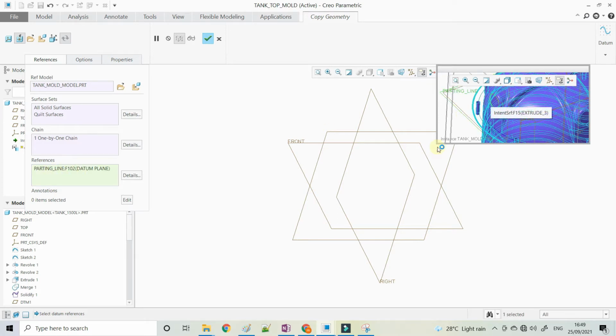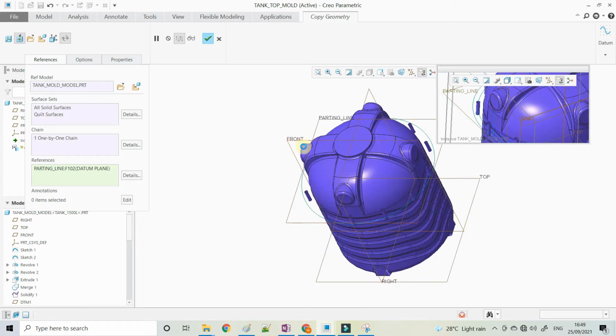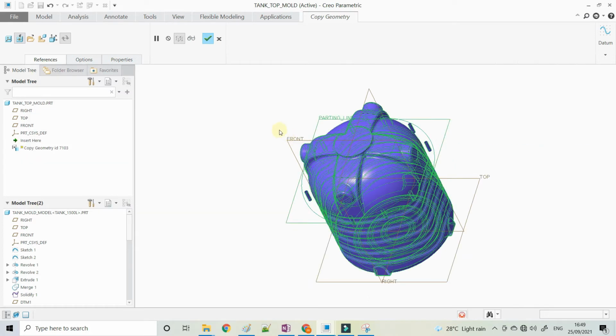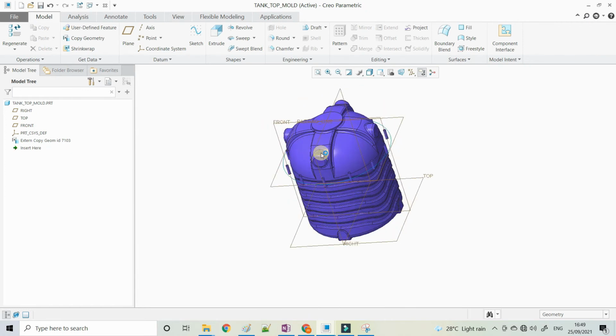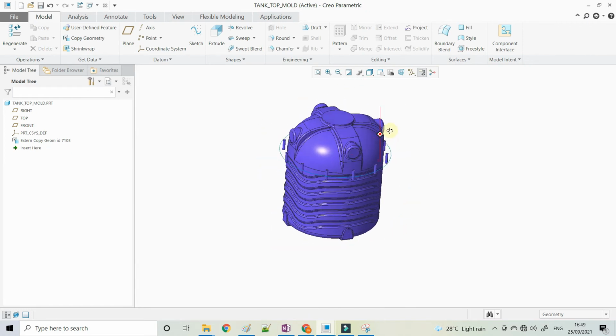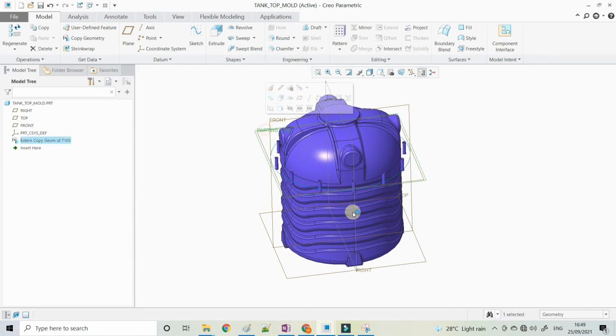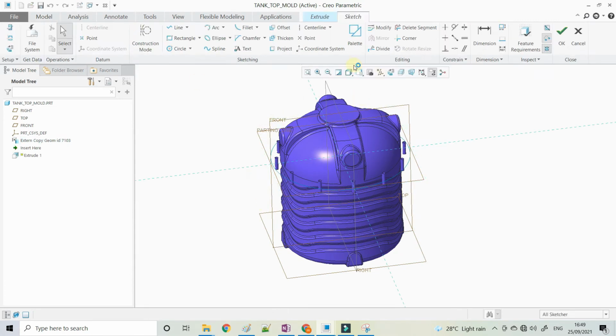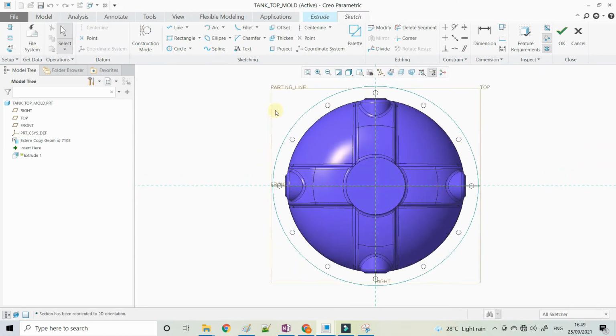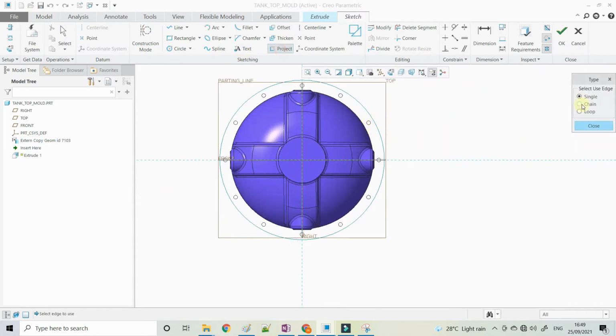So whatever things you want, you can select from the copy geometry. We can proceed with these and create the top mold for the tank.